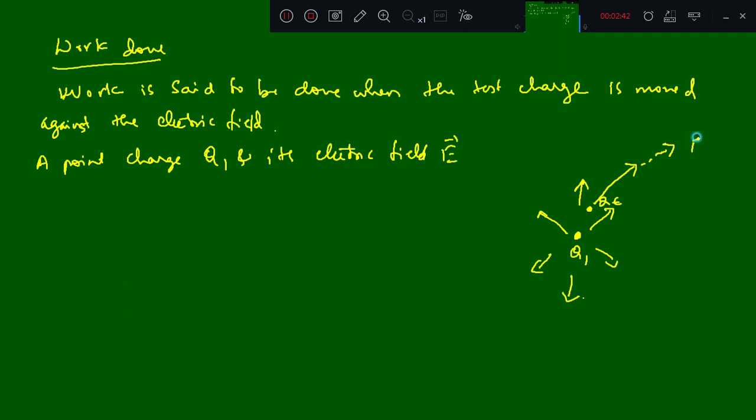Then the force is F_L, the repulsion in the direction a_L. Okay, so then what is the displacement? The displacement of the charge from Q1, I will consider it as dl. So this is the repulsion force F_L, and the test charge moves a distance dl from the positive charge Q1. So according to Coulomb's law,